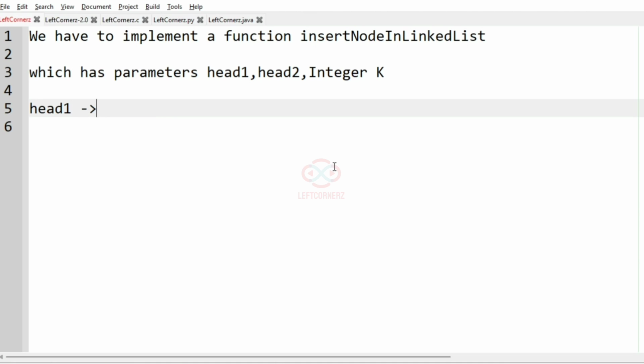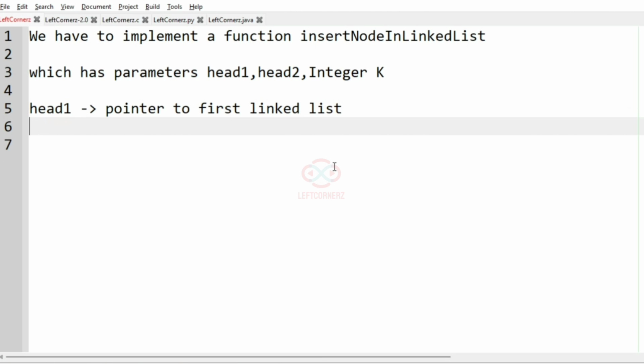Head 1 is the pointer to the first linked list and head 2 is the pointer to the second linked list,